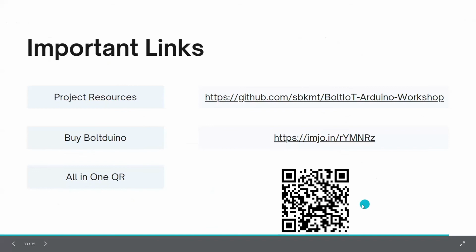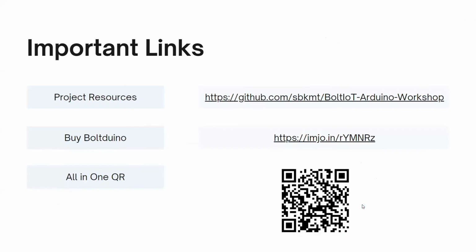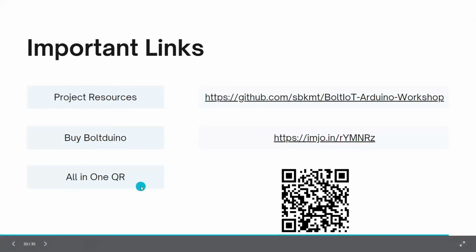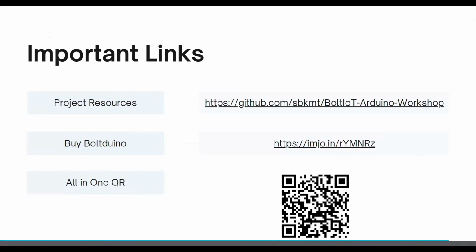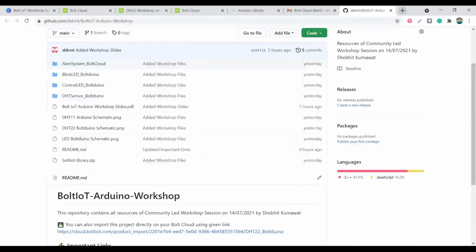If you have any questions, you can also post on the forum. If you are trying it using the recording and you are stuck anywhere, you can put it on the forum itself. So we have our Bolt forum. Let me show you that also. We have our site as forum.boltiot.com, where you can put your questions.